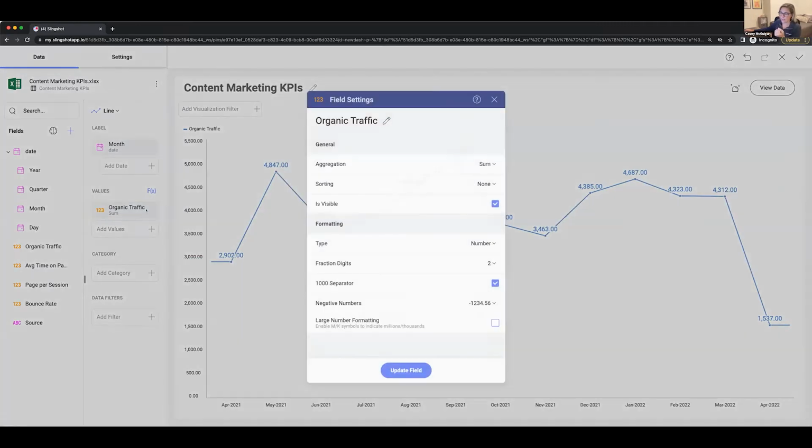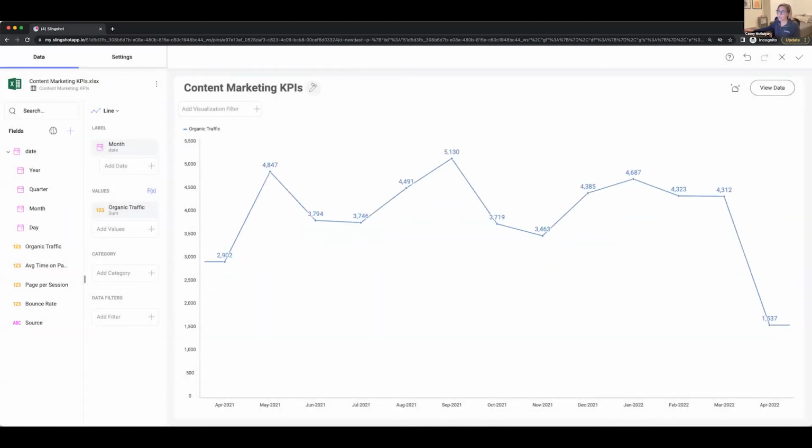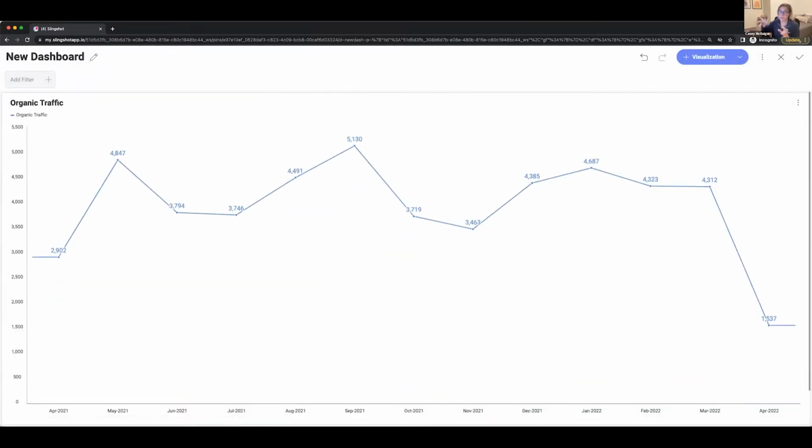I can format my data a little bit here, change the title, organic traffic, and hit the check up here once I'm good with my dashboard. And just like that, one click from my Excel file, few drag and drops, and I have my first visualization